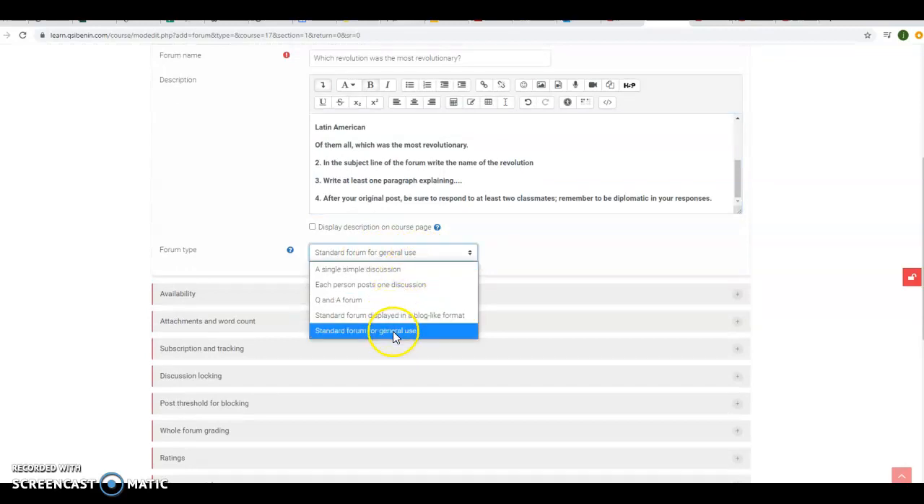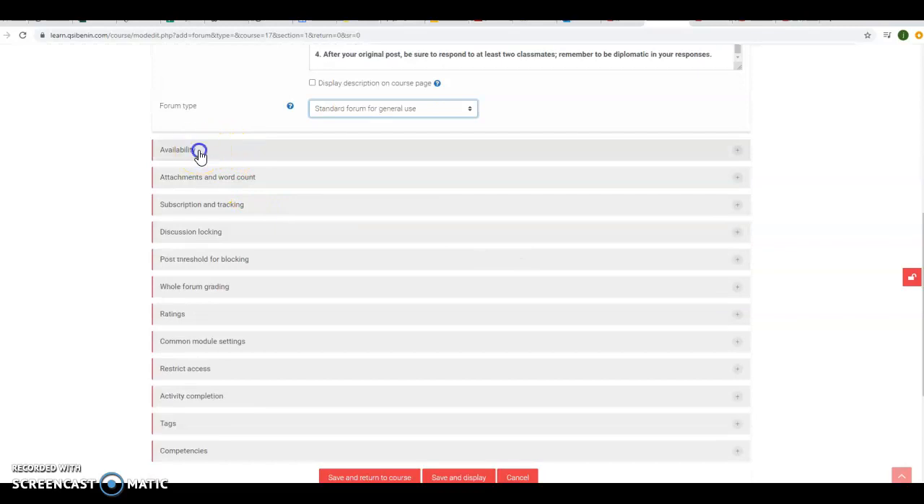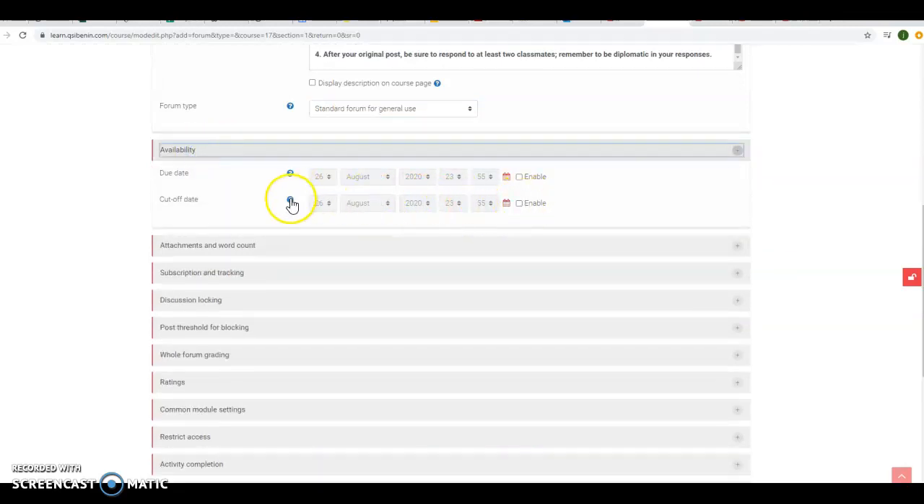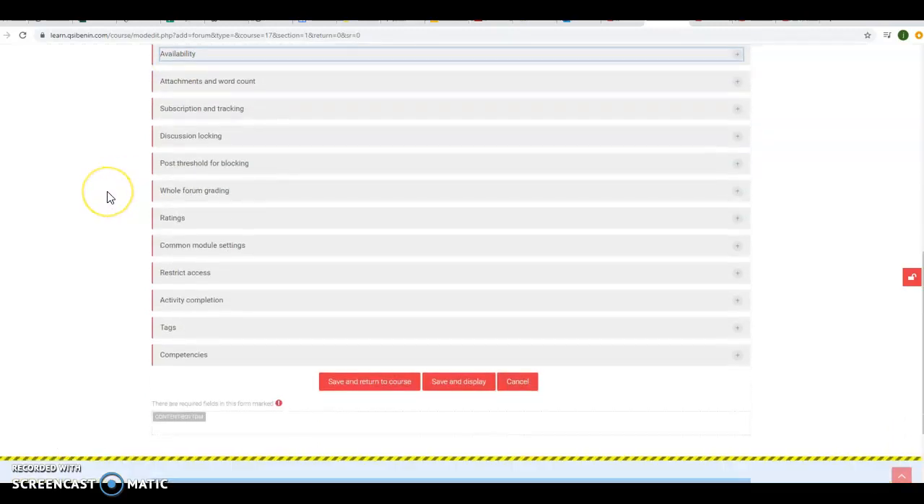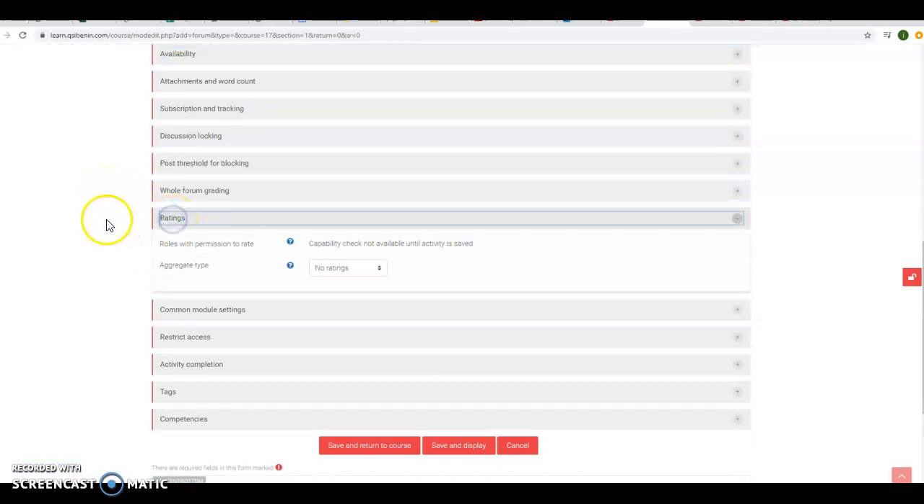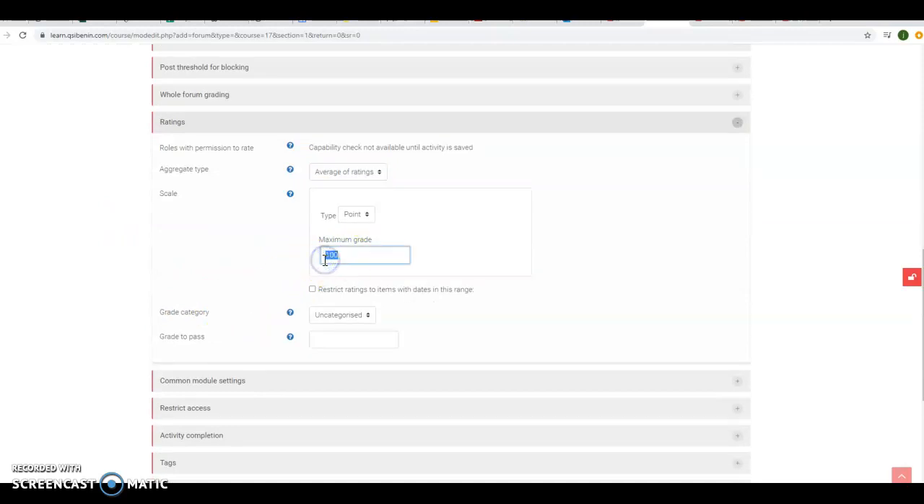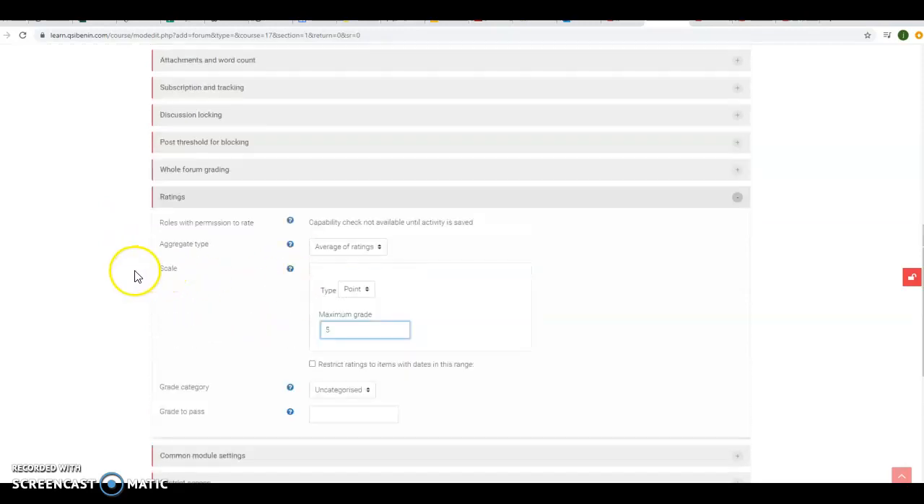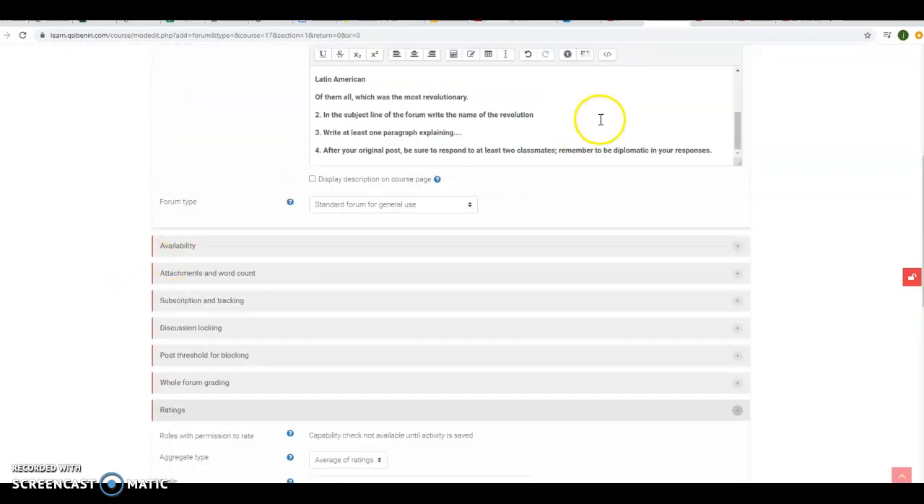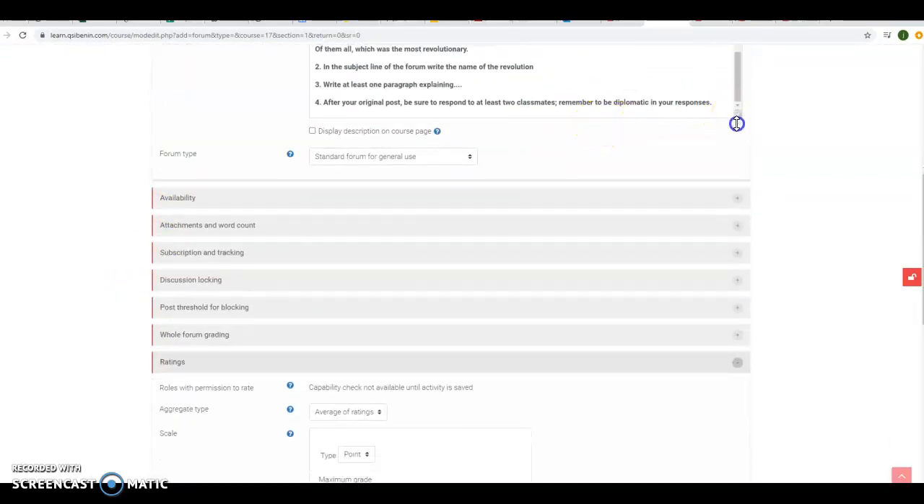And I'm going to leave this standard forum for general use. There's different types of forums. This is the one that I use most often. I can click on availability. I can change those dates to make them available at different times. For grade, it's not really a grade, but you can do ratings. So maybe I'm going to do an average of ratings, and I'm going to change that to 5. I would probably mention in here your posts will be rated,